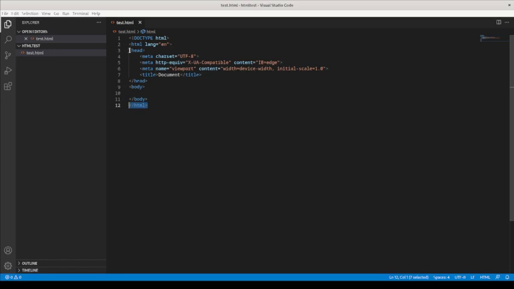At first there is a head tag, which is the invisible part of the HTML file. In the head tag there is title tag. This title will show on the top of the browser. Let's write here